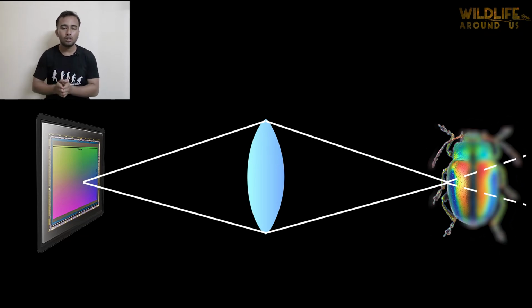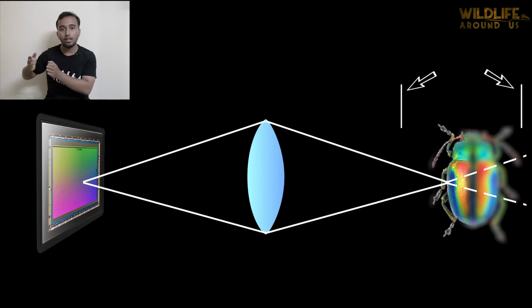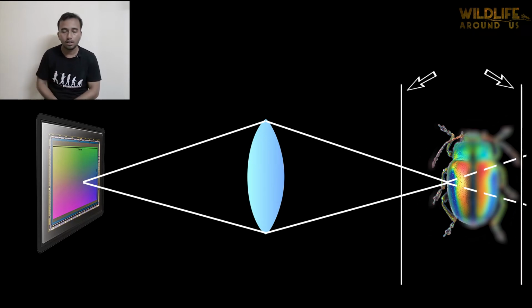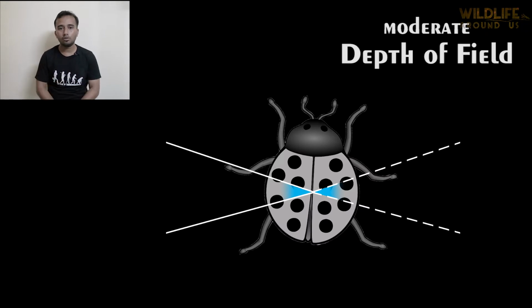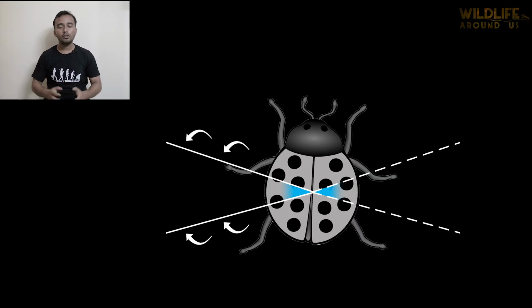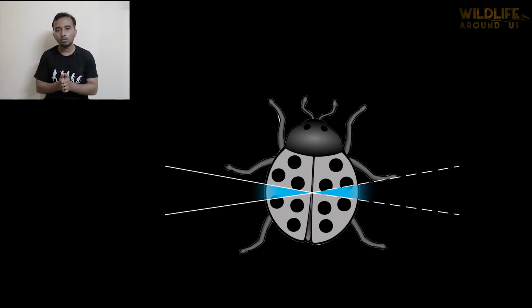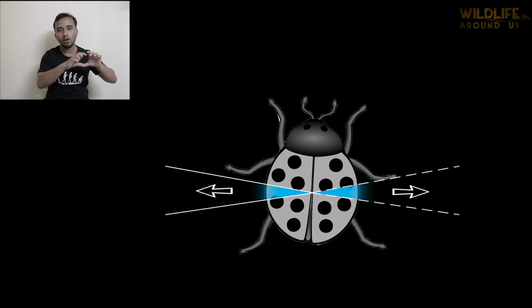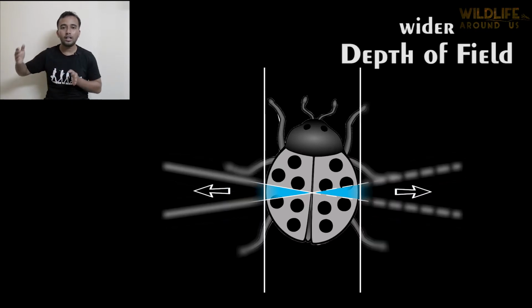Now if we look closely into the area between the lines where the insect lies, or where we are interested, we can better understand the differences between a shallow and a deep depth of field. Let us assume a normal standard situation with a moderate depth of field, where we can see these two lines emitting from a point. Now if we squeeze these two lines, it looks something like this. You can see the area in focus which was between those two lines is now squeezed out. That means we are getting a deeper depth of field.